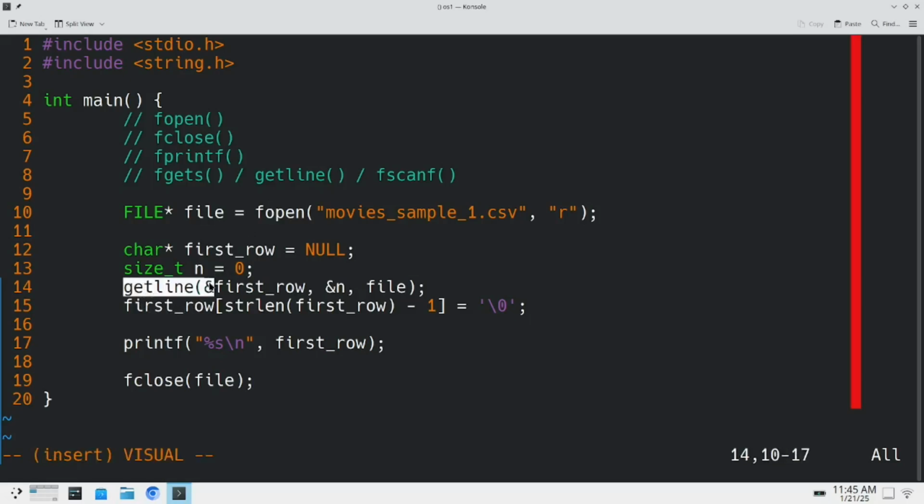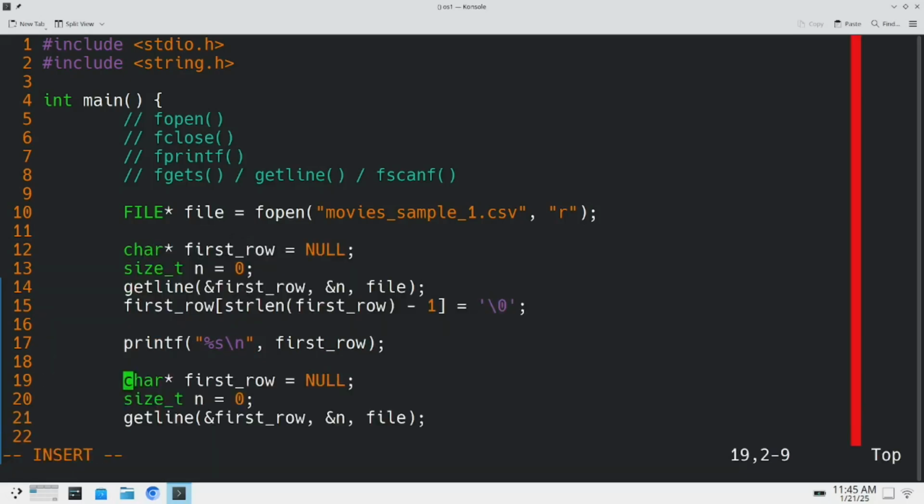When you call getLine on your file the first time, it reads the first line of text, and it shifts the cursor down to the next line. So the next time I call getLine, it will read the second line of text. And the next time I call getLine, it will read the third line of text. So if I want to get the second line of text, I just have to do all of this stuff